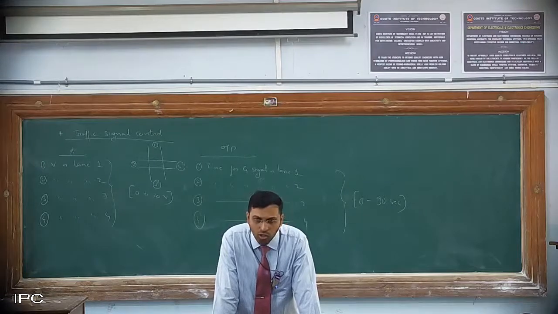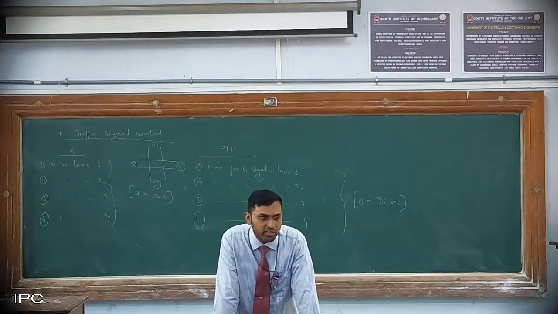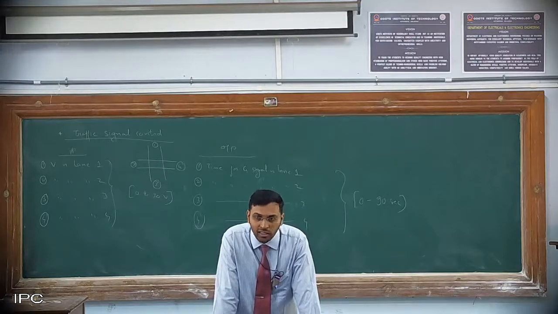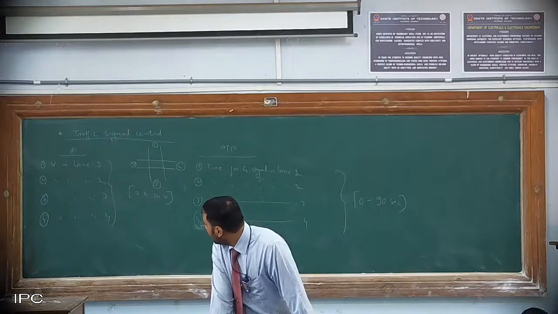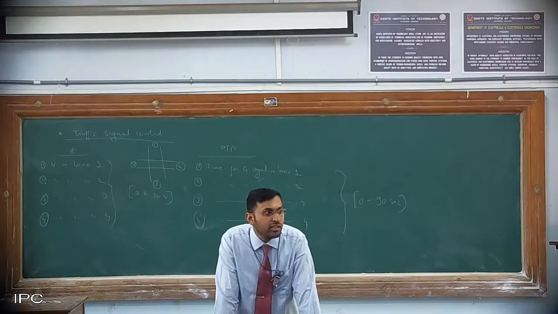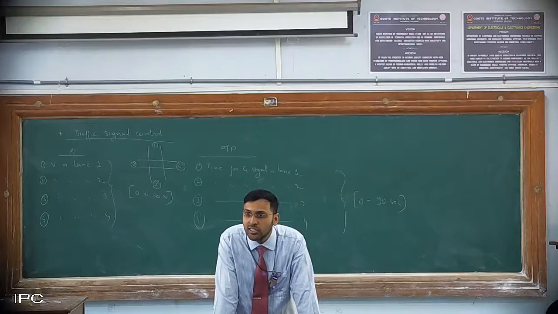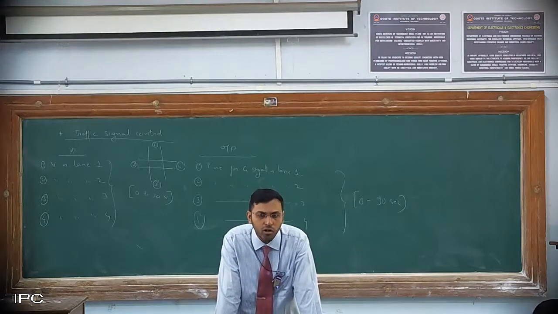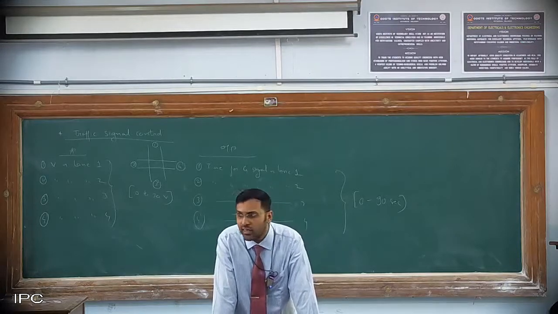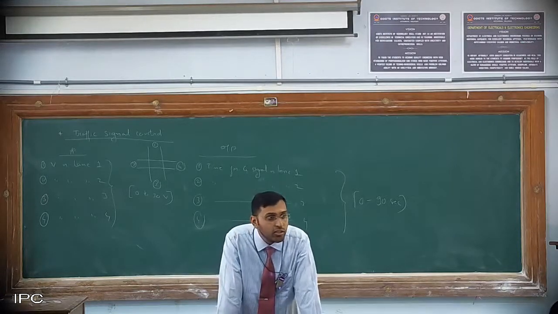Now second is what? Fuzzification. Now when we are doing fuzzification, we have to categorize the vehicles, right? So in every lane we have to categorize the vehicles. Categorization is in terms of what? Linguistic terms. So low, medium and high. So low number of vehicles, medium number of vehicles and high number of vehicles. Fine. Now everybody please listen.